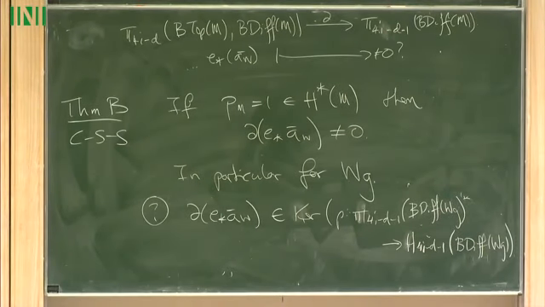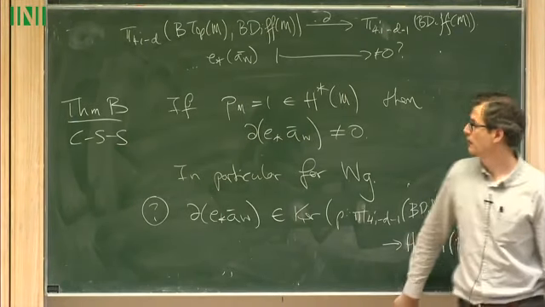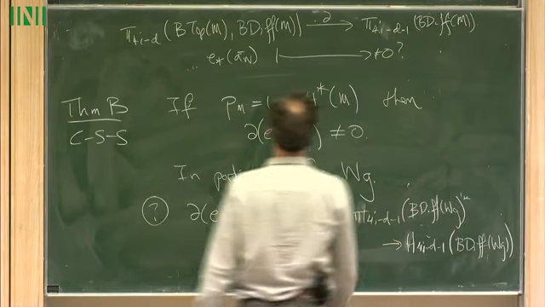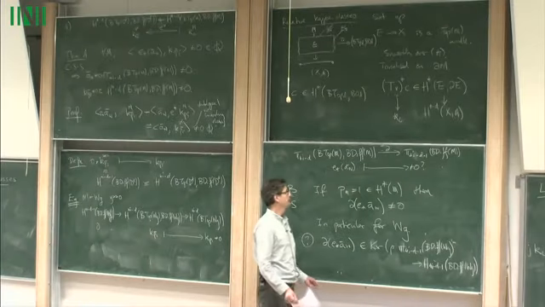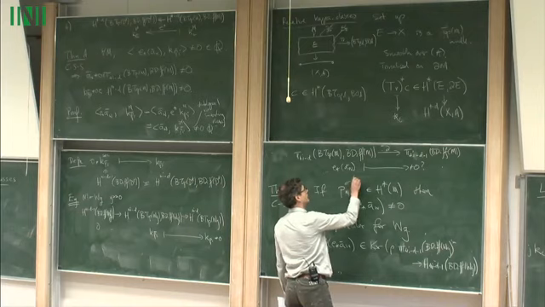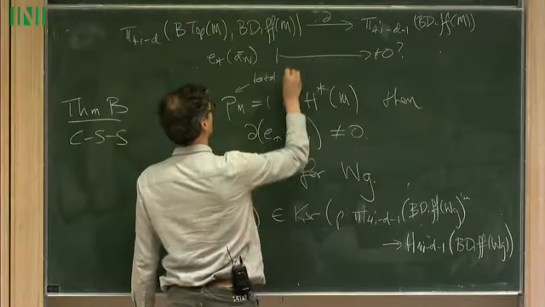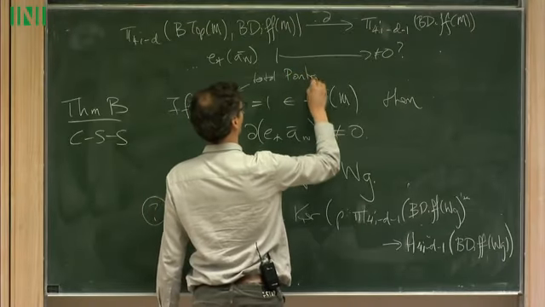Okay, so sorry, PM is the total Pontrjagin class? Yeah, total Pontrjagin class. Yeah, sorry. And this is rational, right? Everything's rational. So it's just saying that if the